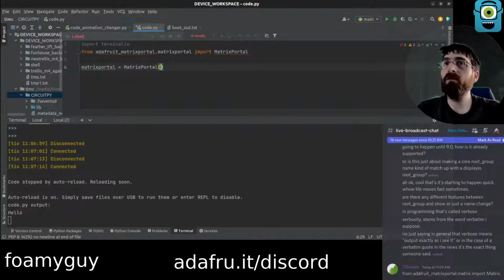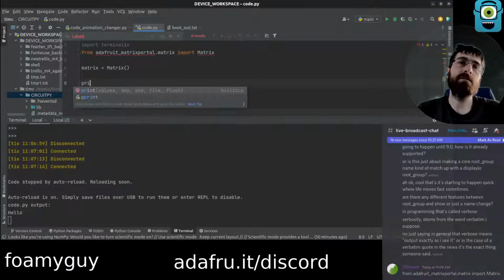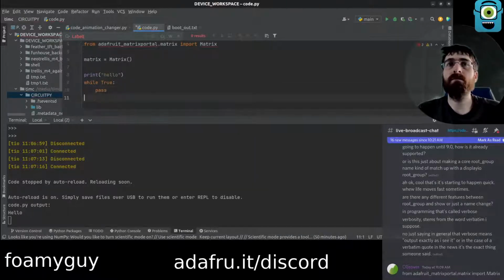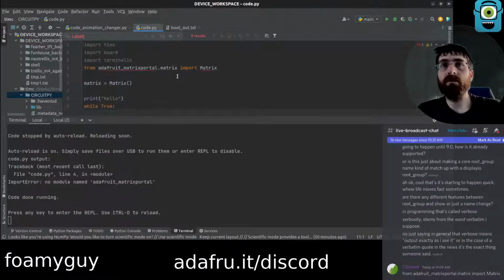Well, you don't have to do the whole thing. You can import just the matrix by itself. The module.